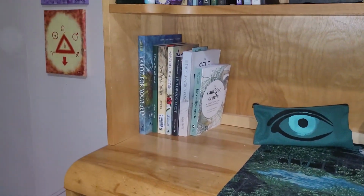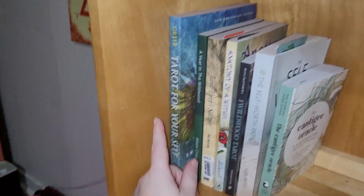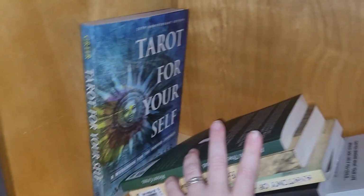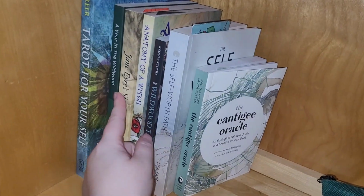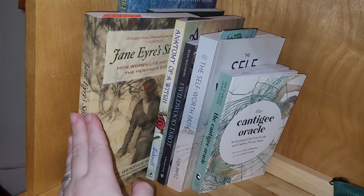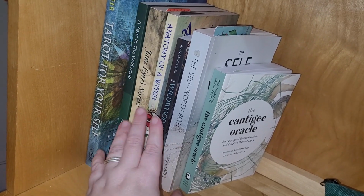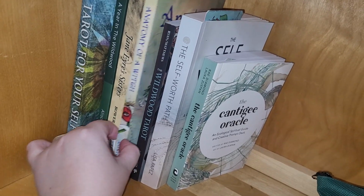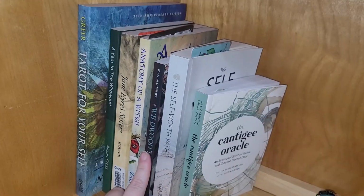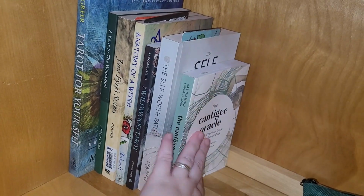And then over here, this is all the stuff that I'm prioritizing this year. So I've got the Tarot for Yourself. I talked about this stuff in my Tarot Goals, which I'll link up above. Year in the Wildwood. I didn't talk about the Jane Eyre's Sisters because this was a gift, a gift from a friend, a lovely friend decided to buy this for me. And then I have The Anatomy of the Witch, which I have been working on reading slowly. And then I have the Wildwood Tarot Guidebook, the Self-Worth Path, and the Kantaji Oracle Guidebook,